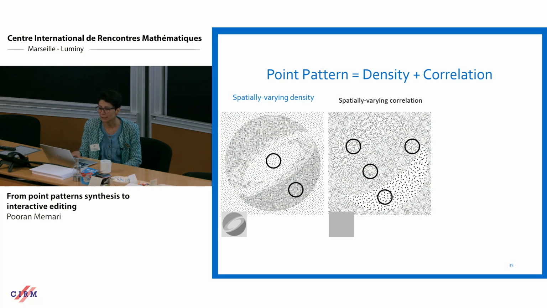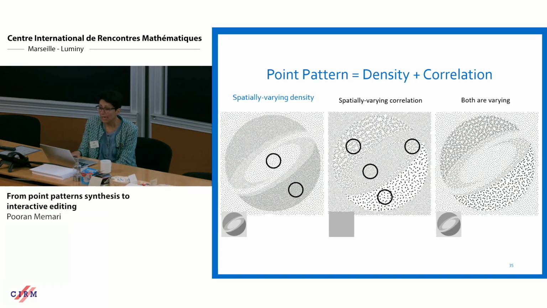And these are four different correlations that you can see, and to each of those, for example, we can associate different PCFs. And here is a new one where you have both of them varying. So this is the density map, and there is, of course, the correlation. So how can we play with these elements in an interactive manner and change them, through a toolbox?